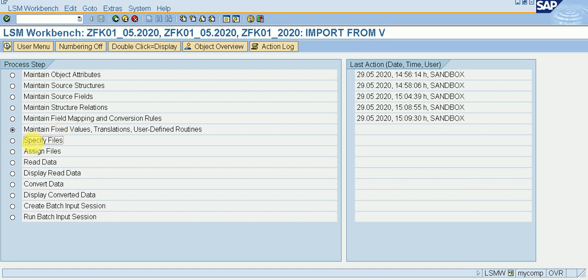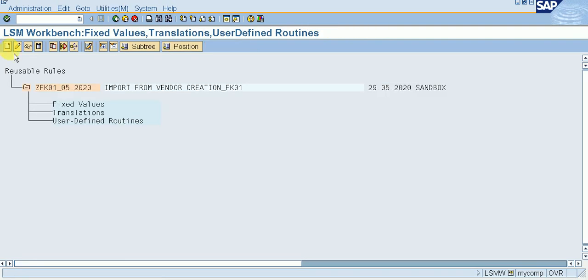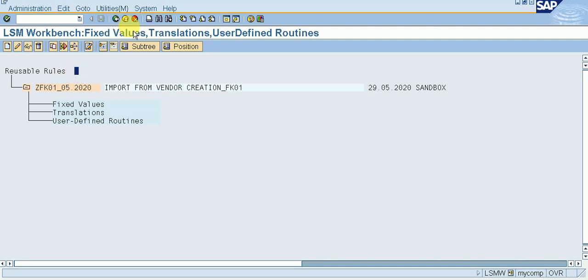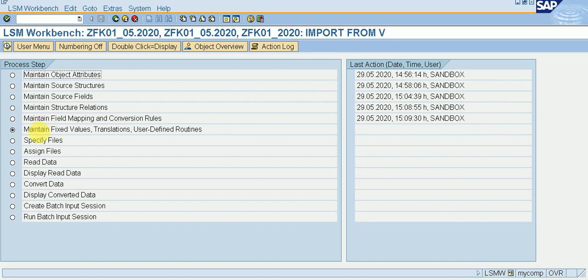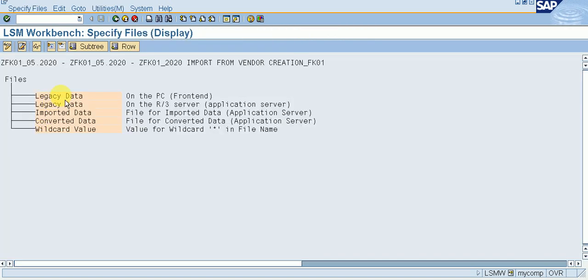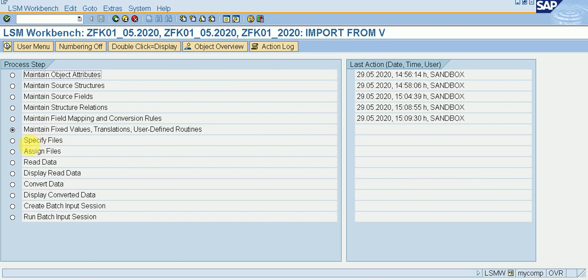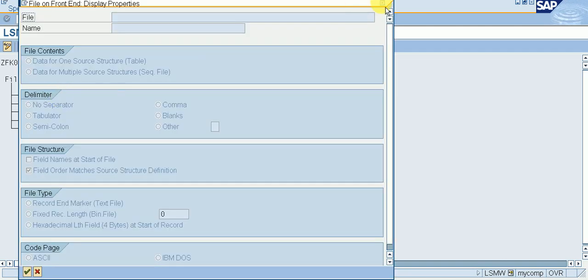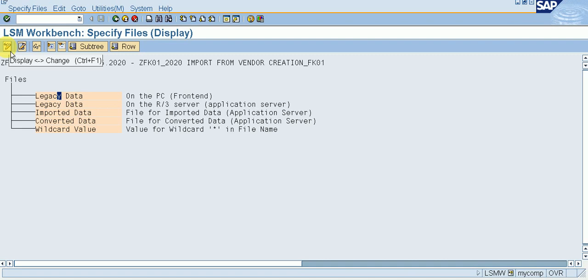And go to seventh option, specify files, execute it, click on legacy data, then click on display change.